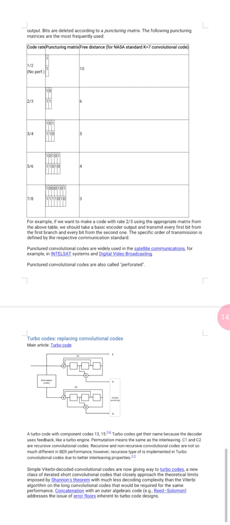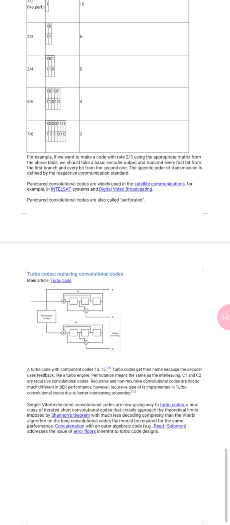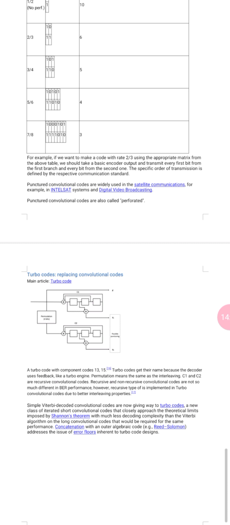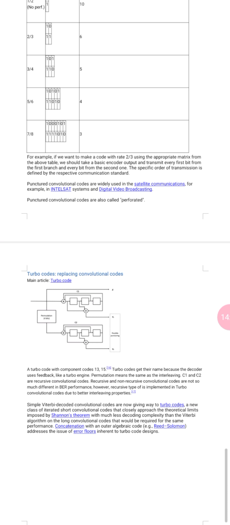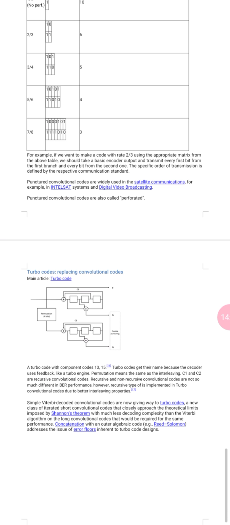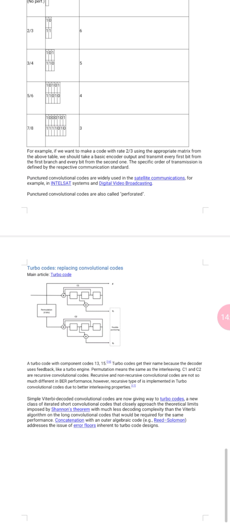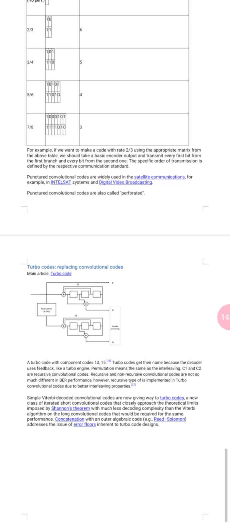The free distance for the NASA standard k equal to 7 convolutional code is 3. For example, if we want to make a code with rate 2 by 3 using the appropriate matrix from the above table, we should take the basic encoder output and transmit every first bit from the first output and every other bit from the second one.